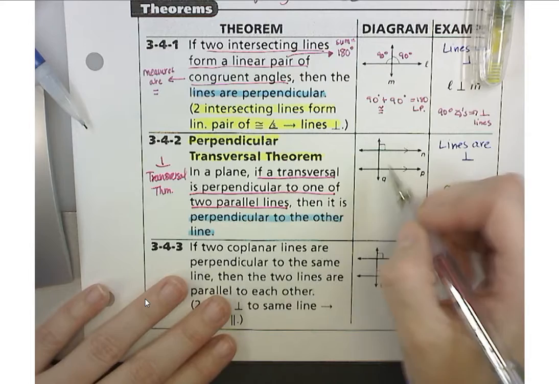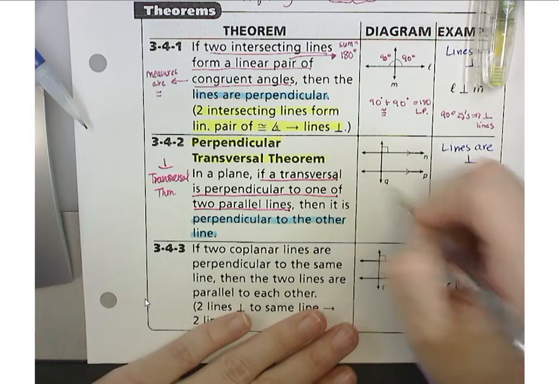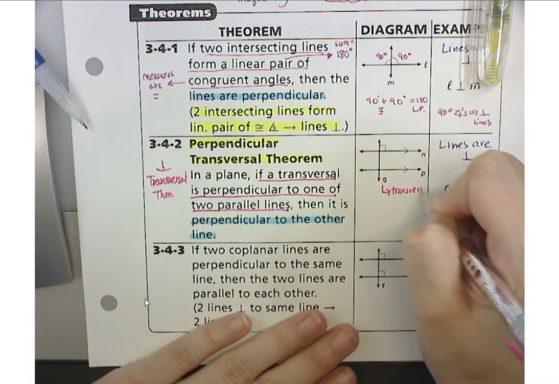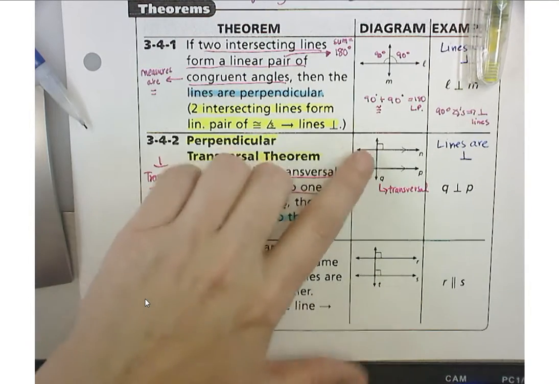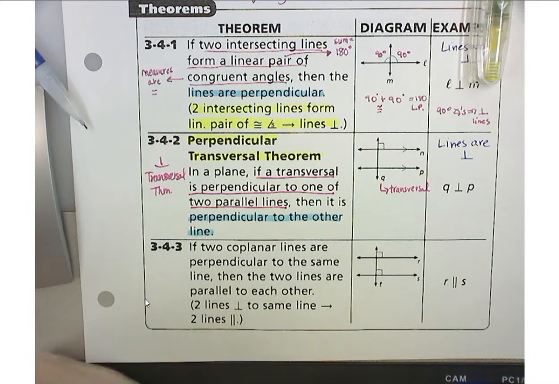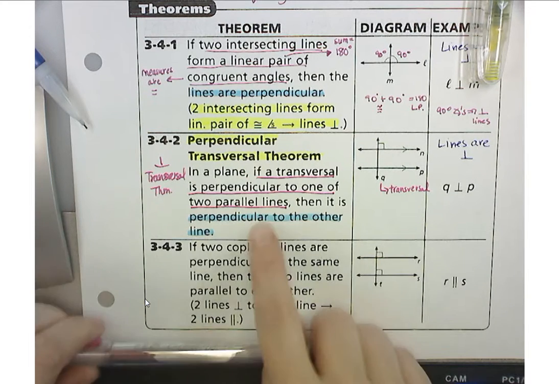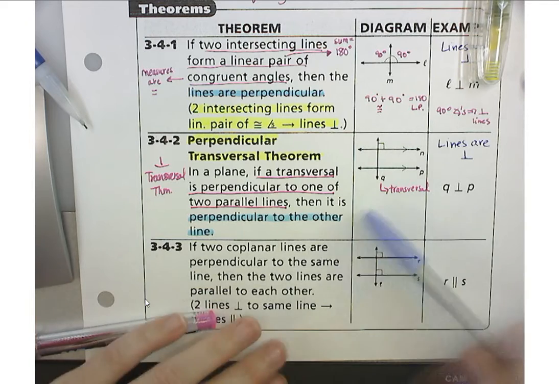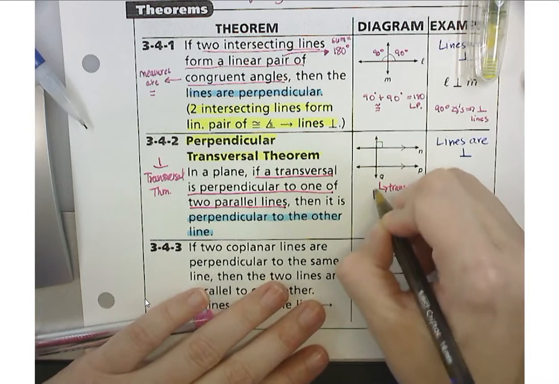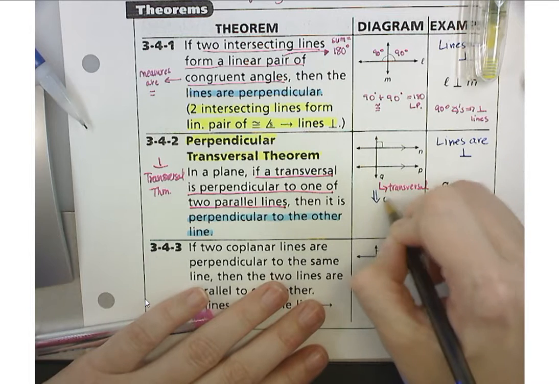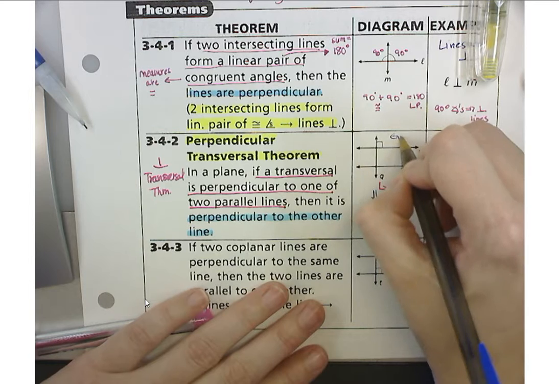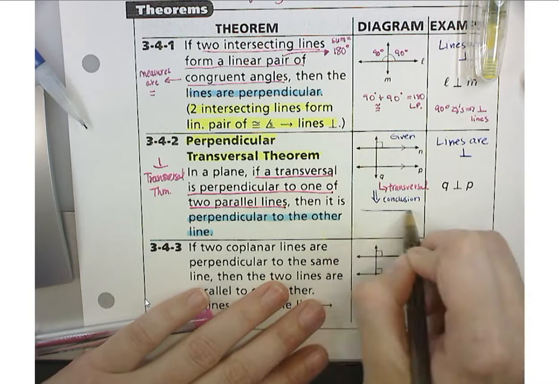So if a transversal, in this case, your transversal would be Q. And then look at the picture. You just know that it's perpendicular to one of the lines. Your conclusion is that it's perpendicular to both of the lines. Okay, so this would be your conclusion. This is what you would be given. Your conclusion would be,